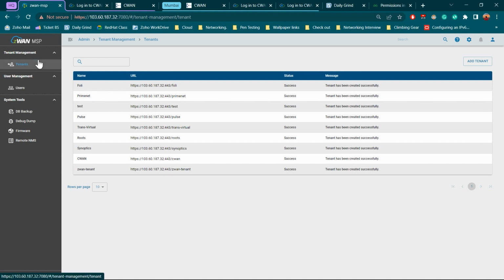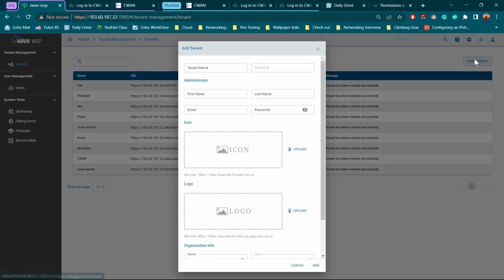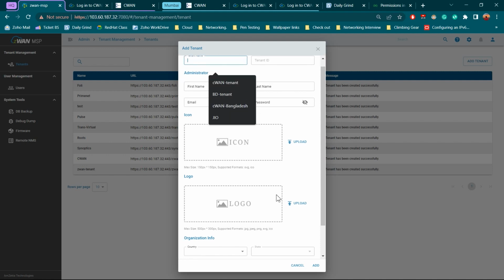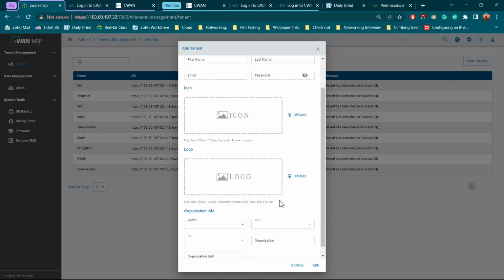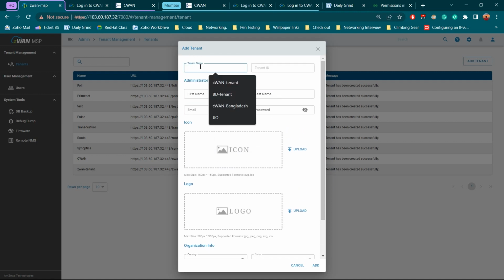So to create a new tenant, you just go to tenants and then you add a new tenant. You can give it your own logo, you can give it your own icon, as well as define a bunch of organization info. The most important thing is to give it a name. So for this demonstration purpose, we'll name it tenant demo,